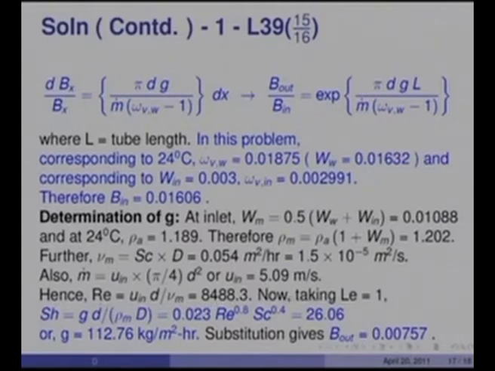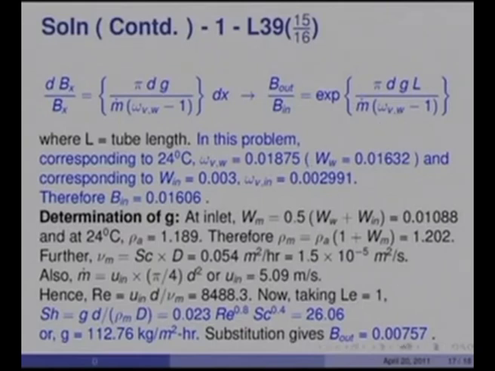8,488. Now, if I take Lewis number equal to almost 1, then I can evaluate Sherwood number from the Dittus-Boelter relationship as 0.023 Reynolds raised to 0.8 Schmidt number raised to 0.4, as 26.06, which gives me G equal to 112.76, and therefore, the substitution in here. Now, I know pi, I know the diameter of the tube, I know G now, which evaluated at 112.76 kg per meter square hour. M dot is 9, L is 0.75 meters, and omega VW is already known as 0.01875,